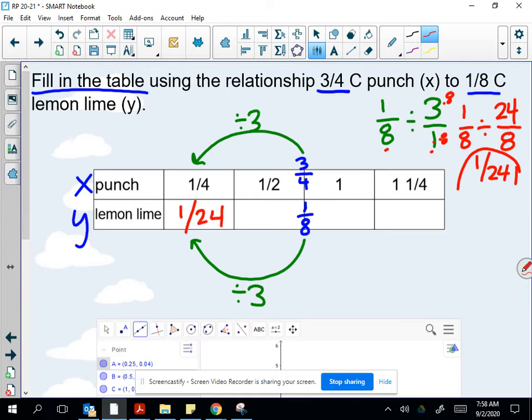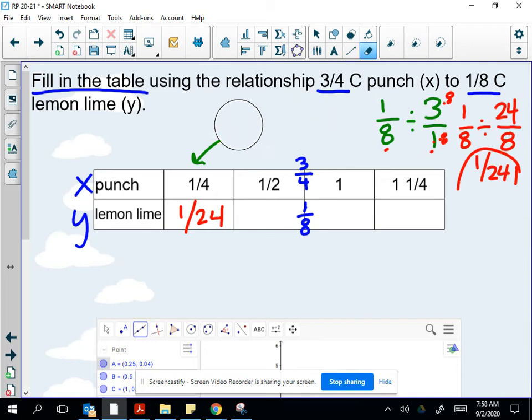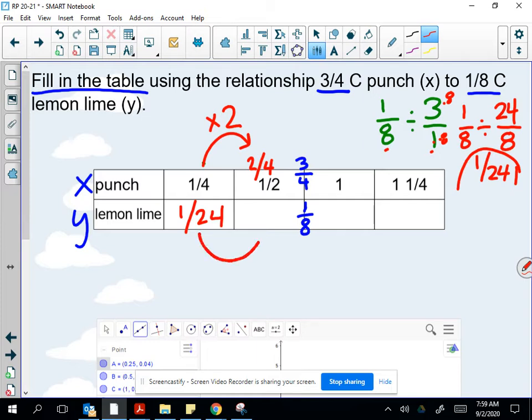As I continue in this table, I'm noticing something else now. So to get from 1/4 to 1/2, remember earlier when I said 1/2 is also equal to 2/4? That could be helpful in this situation because I know that it takes 2 1/4 to make 2/4. In other words, 1/4 times 2 gives me 2/4. Let's also then, because we want to maintain equality, multiply the lemon lime value from that same column by 2. So 1/24